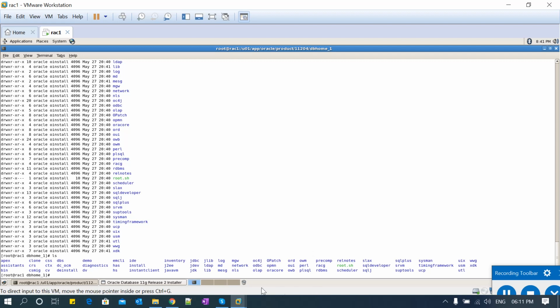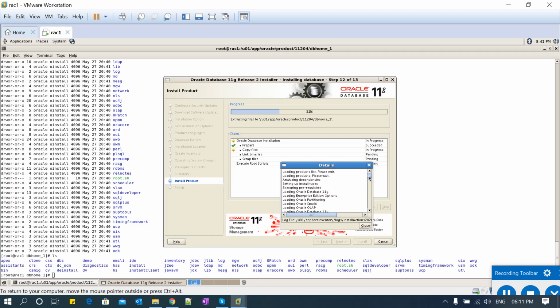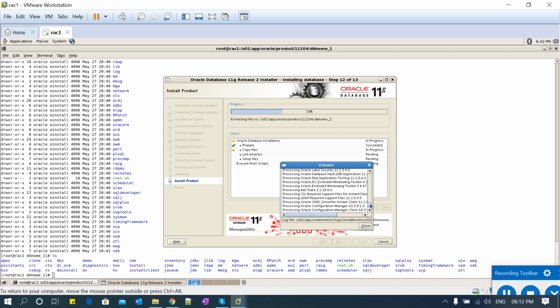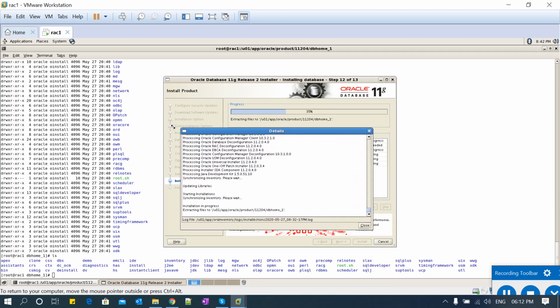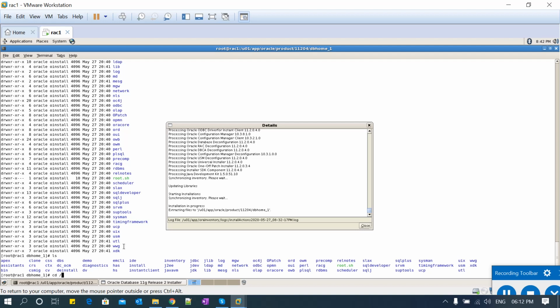And there's one more option here. If you click on details, it will give you what it is exactly doing in a short note. See, currently the extraction is in progress. It is not a detailed instruction, just a short summary of whatever is happening, the main bullet points. Based upon this, you will know what is currently happening. If you want to go into detail about what exactly is happening, you need to go to that particular log file. As I told you, I'll show you that log file.